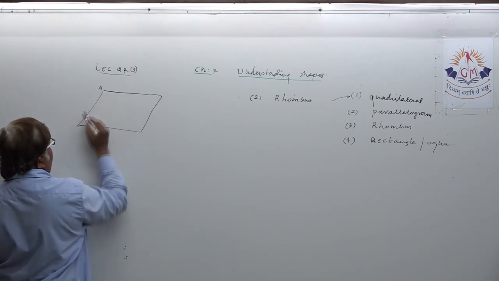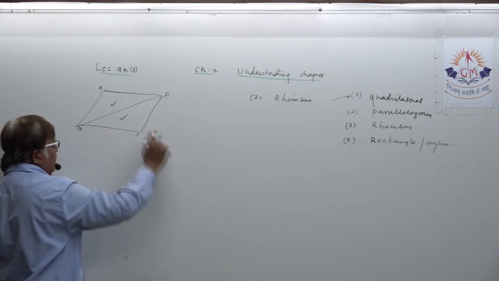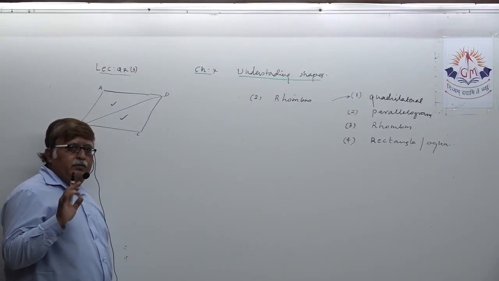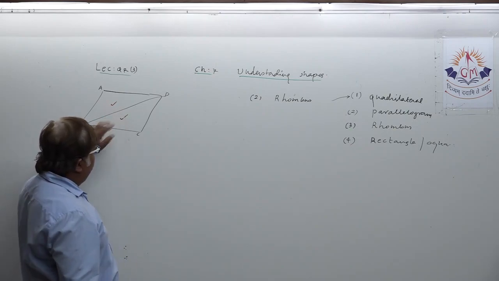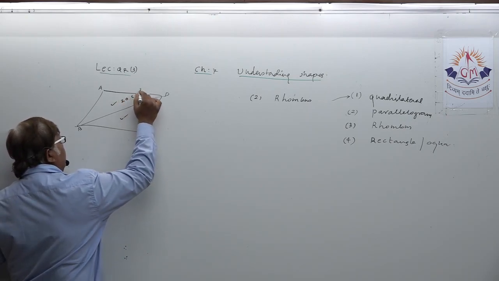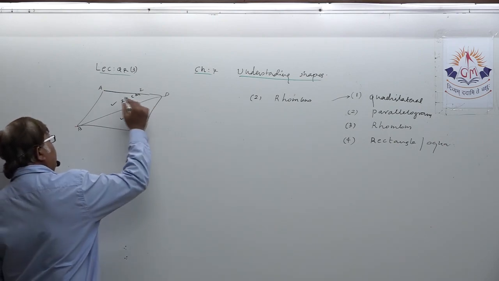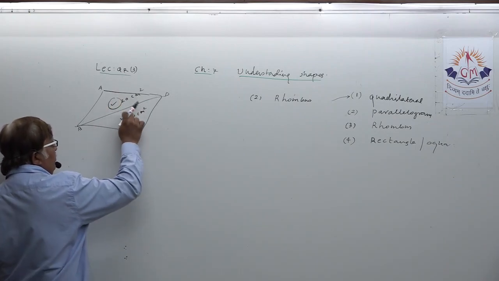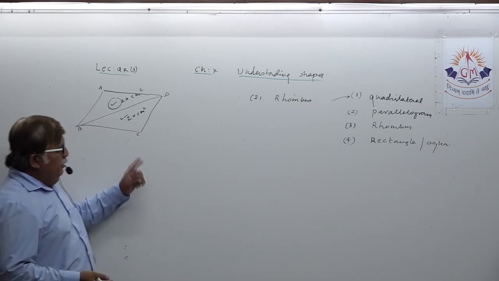Suppose in a parallelogram, you all know one theorem, that if I join a diagonal, these two triangles are equal, which you prove in one of the theorems of parallelogram. Because these two triangles are equal, they have the same area. Suppose the area of this is 20 square centimeter, this is also 20 square centimeter. So if you are given the area of one triangle, how can you find the area of the parallelogram? 20 plus 20, 40. You have to double it, understand?